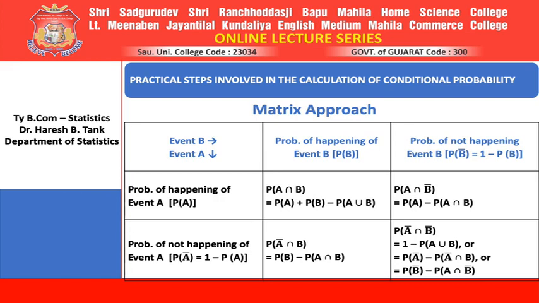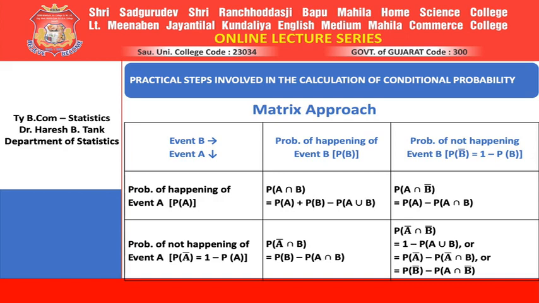Using an addition theorem, probability of A intersection of B is nothing but probability of A plus probability of B minus probability of A union B. What is shifting right hand side? Probability of A intersection of B complement. Look, probability of A intersection of B complement means just view that Venn diagram, that will show you which area we are talking about. That area is nothing but probability of A minus probability of A intersection of B. This is what we have discussed earlier too.